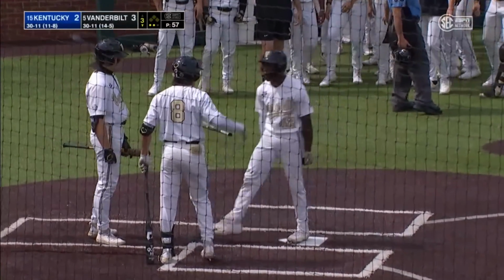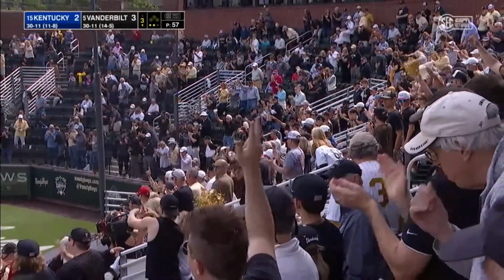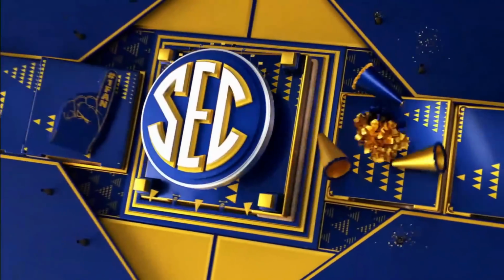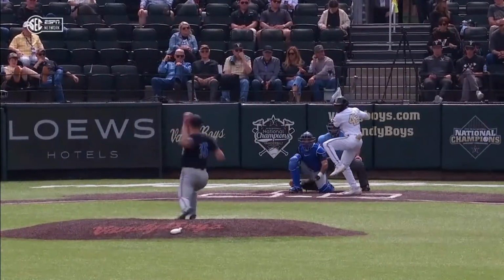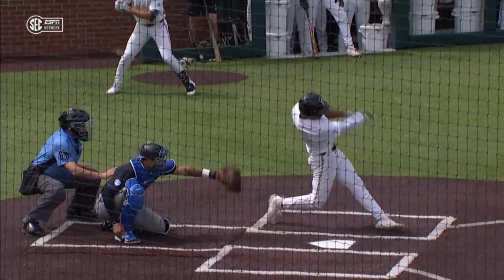Little right-handed power swing. Catches the off-speed pitch out front. Short porch or not in left field, for that one, it did not matter. R.J. Austin with a big-time swing puts Vanderbilt back in front. Got that foot down and